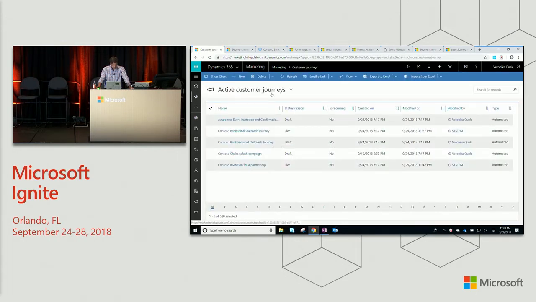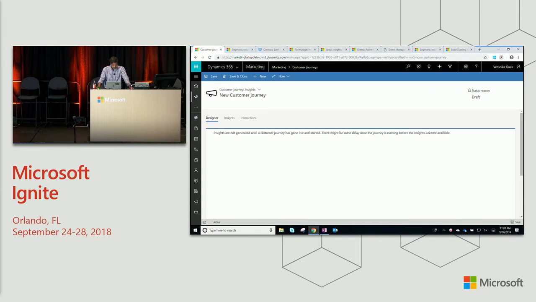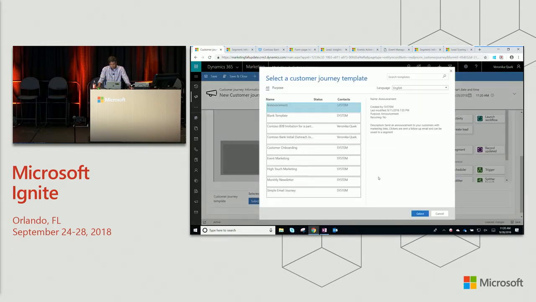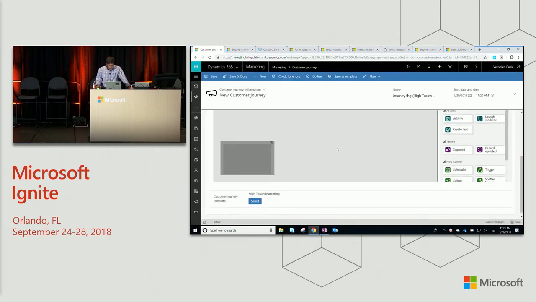So first thing that you'll see is that all of the canvas starts off with a concept of a template. So here I'm going to see some out of the box templates that I've got to create my campaign. I'm going to pick one at random, but of course at organization level you can add more templates, whatever scenarios might be. So your team sees customized templates for your scenarios. So I'm going to take one